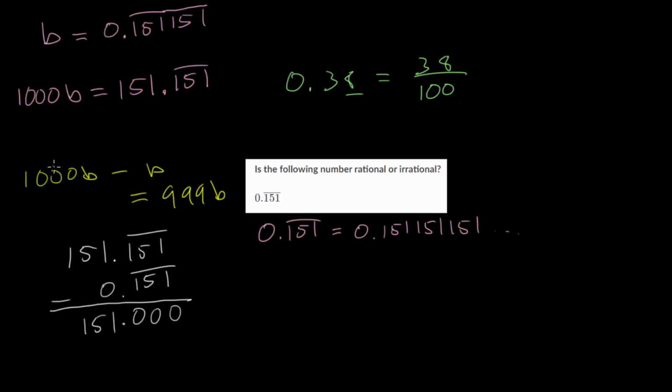So we found that when we take our new number and subtract the original one, it's equal to just 151. So we can solve for b here by just dividing each side by 999. So b is 151 over 999. And this is something you can check in your calculator, and you'll get back this infinitely repeating decimal. So depending on how many places you have that are repeating,